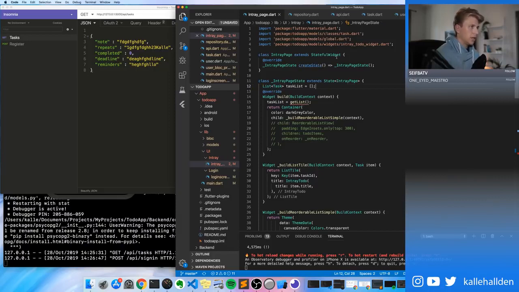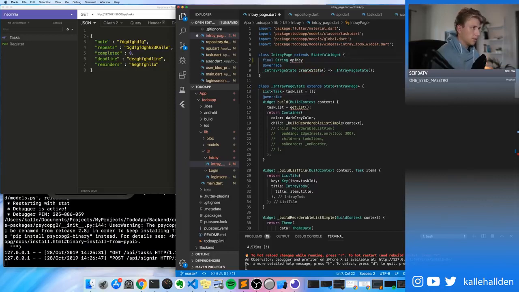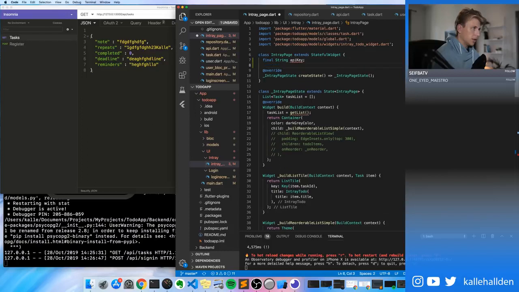So we want this to be up here, and we'll add it like so, and then intro page, this dot API key. Okay, so that means that when we initiate this page, we need to also provide the API key, which we will do